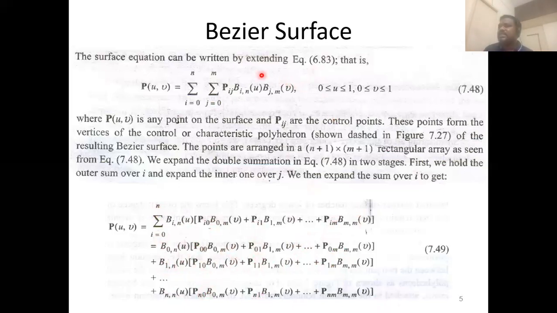So there are actually two summations, one along the u direction and another along the v direction. Both are expanded. The expanded form is like this. It is a very simple expression. We are writing it because, depending on the question, we are supposed to explain what is happening here. For Bezier surface and B-spline surfaces, I will give you reading material in the LMS. You just read it so that you can write the answer without any difficulty. No other reading material is required.